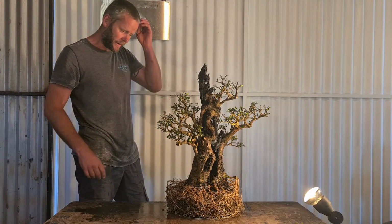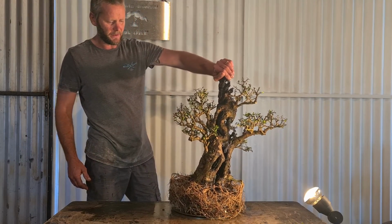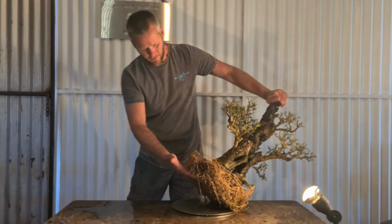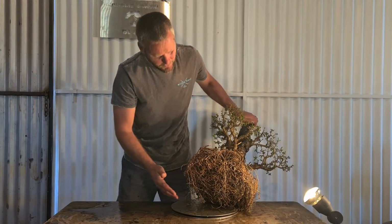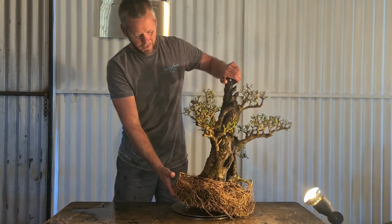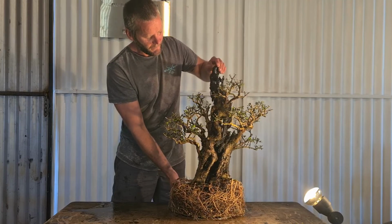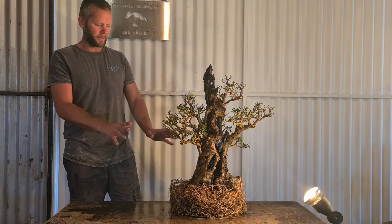There was no big hard wood in there because like I've always said, you flat cut the bottom when you collect it. So as you can see, there's nothing hard in there. It's all soft, nice roots. I will say there's still a lot of good roots, so it should be fine. But if you only had one olive, I wouldn't quite go this hard